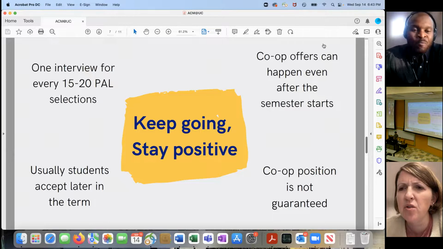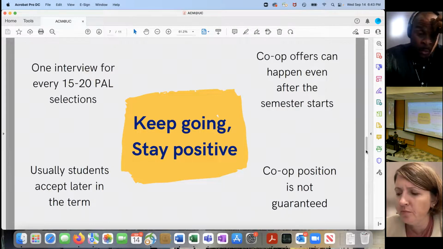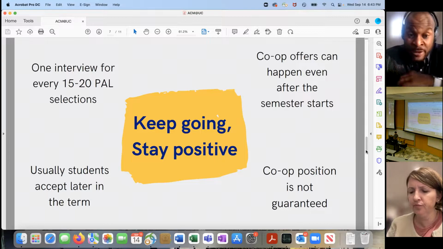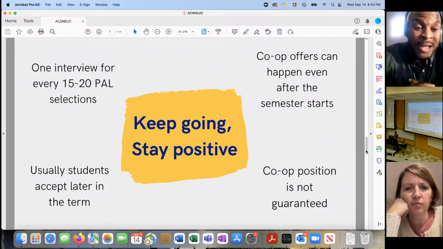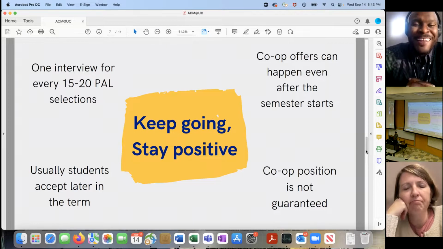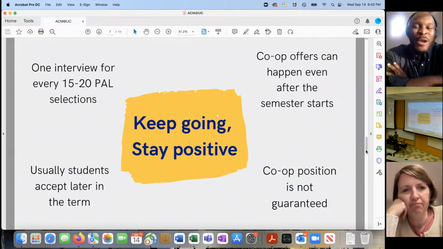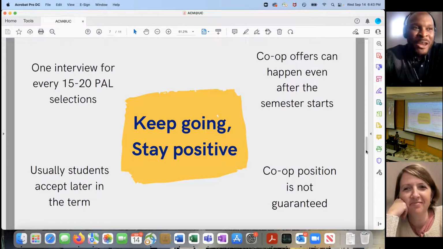Anything you want to add, Professor Clark? Yeah, friends, I'm going to be honest with you. I call it real talk. Expect rejection. That's a part of progress, though. You're not going to bat 1,000 every time you complete an application. Someone's going to want you, but that's just not the way it works.